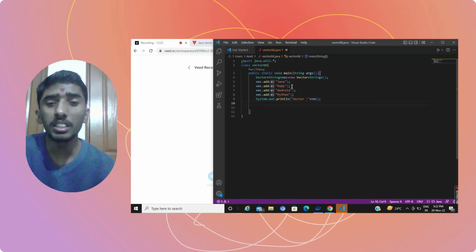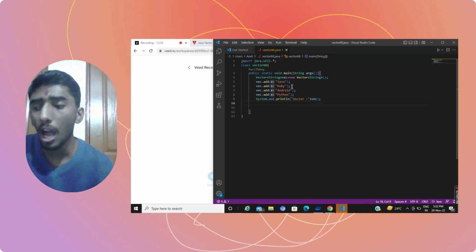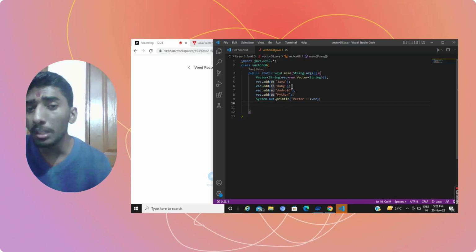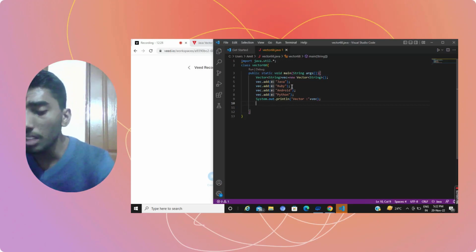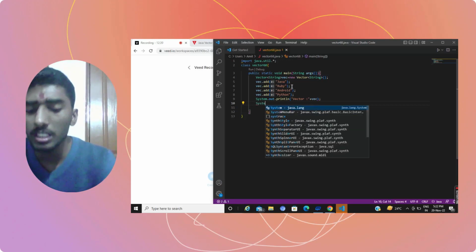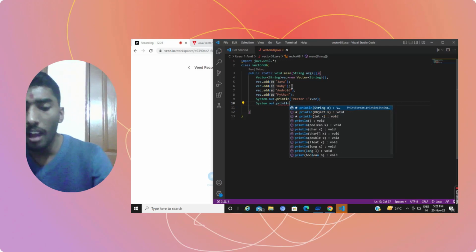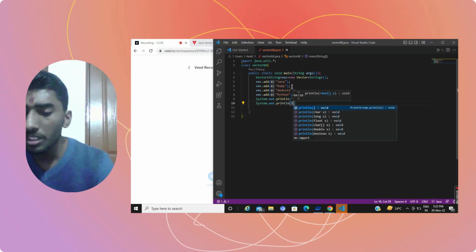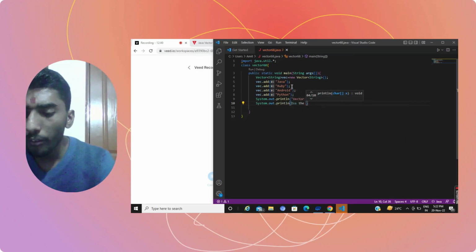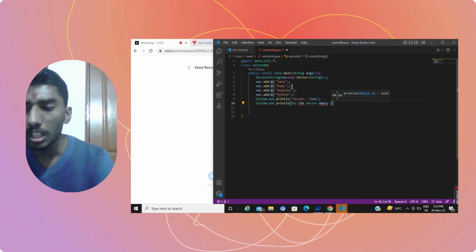After writing the print statement, now what you have to do, you have to write a print statement again. So what is it? That is again System with S in capital letter. You should remember this thing: System.out.println, and here I write is the vector empty? Question mark. Empty is equals to